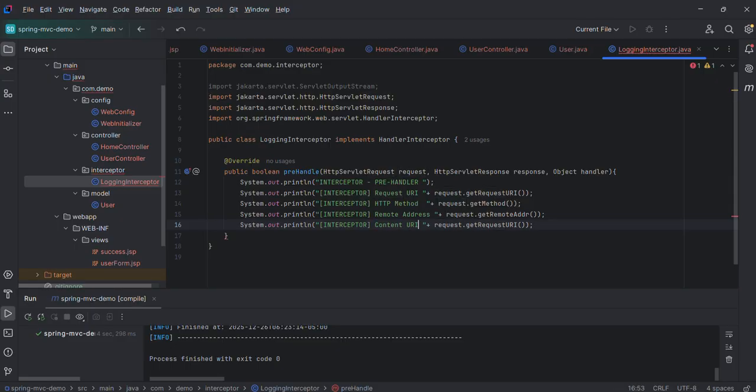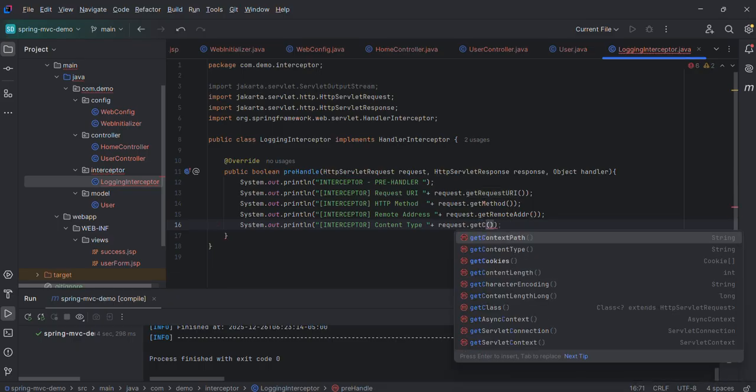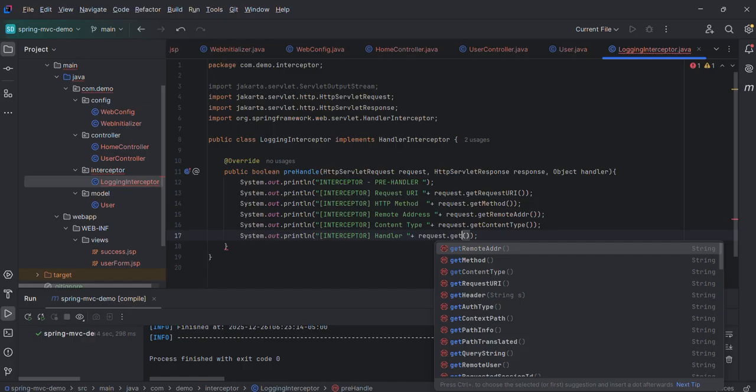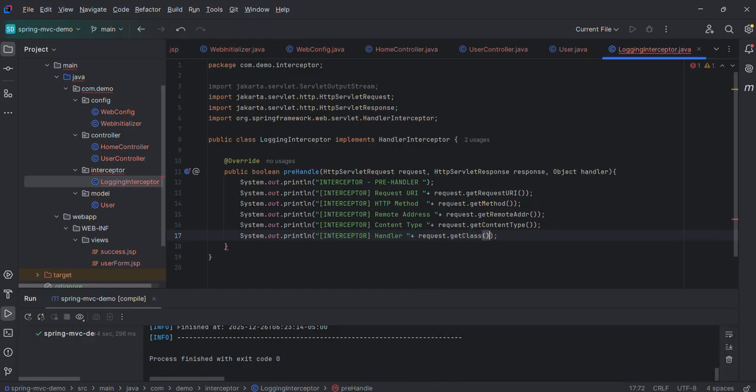Content type, and the handler, getClass().getSimpleName. Okay,